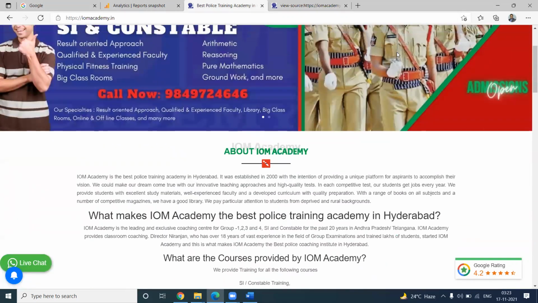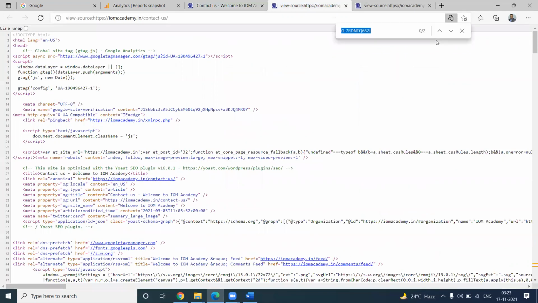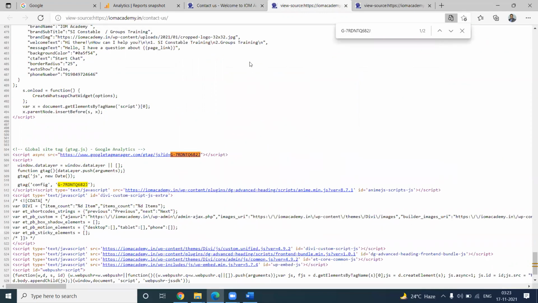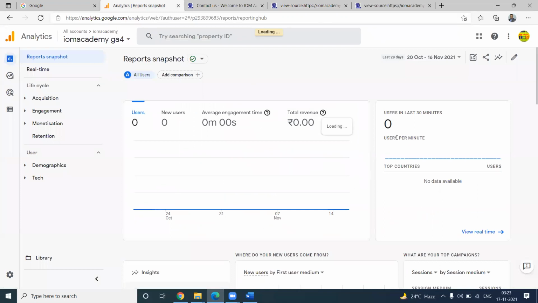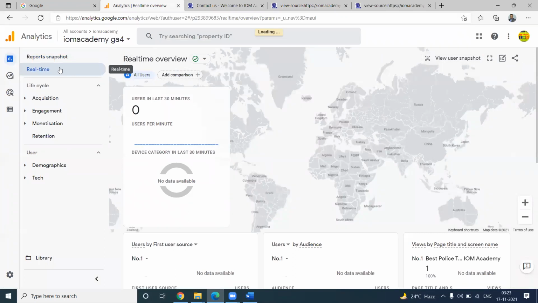This code we can check on each and every page. Why? Because we can insert it by using the plugin option. So if you have doubts, this will be here. Everything will be shown in this particular option. Set for real time. Here also the same. Real time is common when we use any website. But GA4 and universal property are a little bit different.